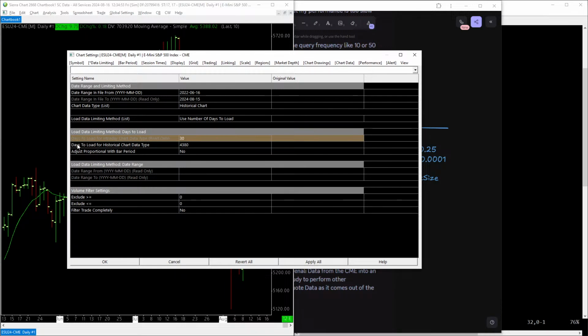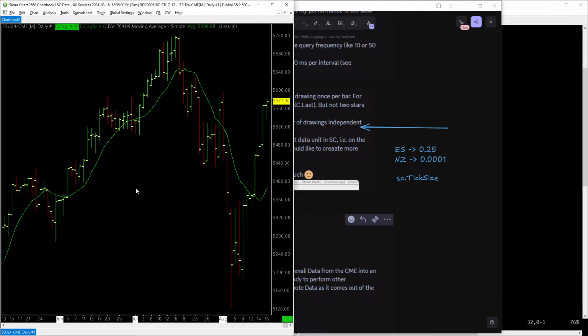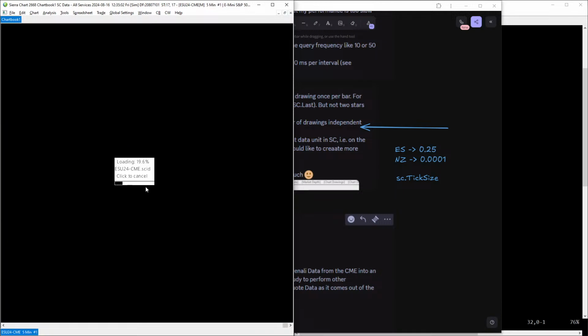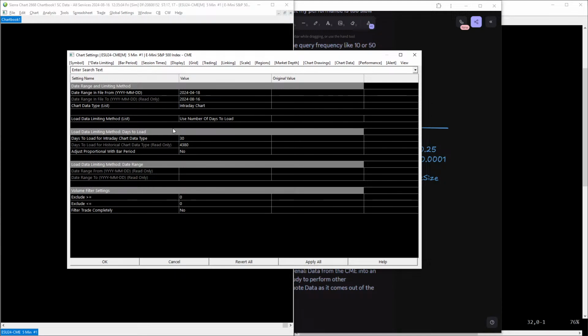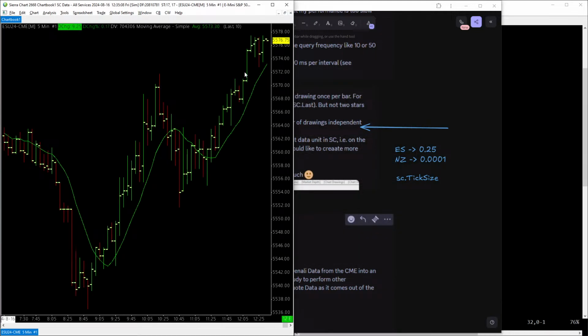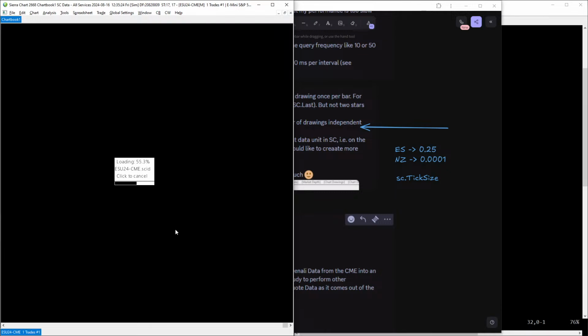I can't change the number of intraday days I want to load while I'm still on the daily chart. So if I type in 5M for 5 minute, it's going to make me load that, and then I'll hit this and now I can change it to 3. So now it'll be 3 days worth of 5-minute bars. So now my x-axis minimum interval is down to 5 minutes. But what if I want something like every tick? Well, then I would write 1t, which is going to load